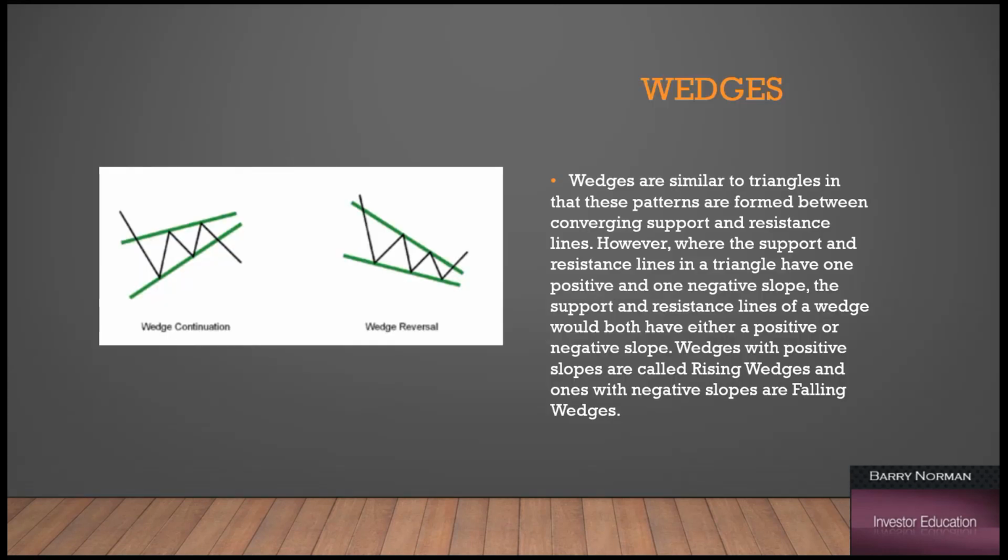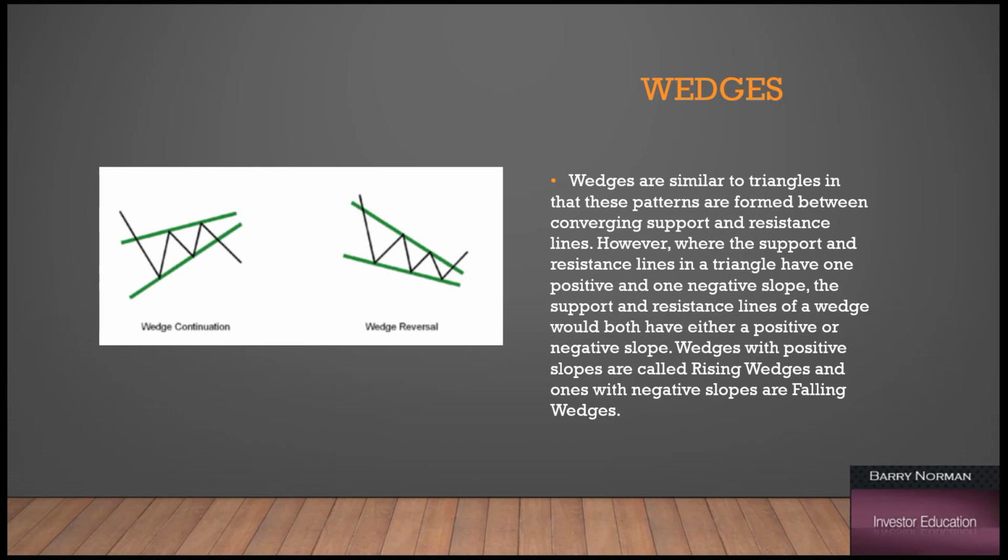And then, as I said, we have wedges. Now, does this wedge look any different, really, than the ascending and descending triangle? Granted, in the ascending and descending triangle, we have one line that is horizontal with the other line moving to it. But by definition, triangles have two lines converging to form an apex. Well, in this case, the two lines are traveling at different angles, but the wedge will eventually form into a triangle.